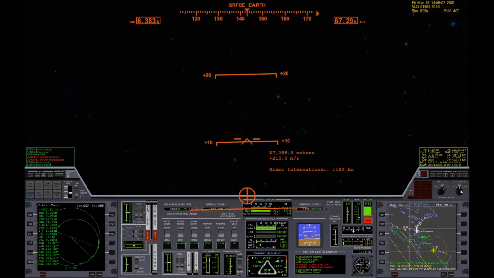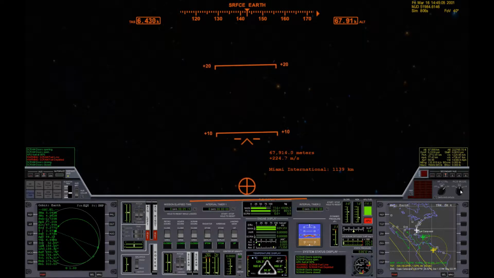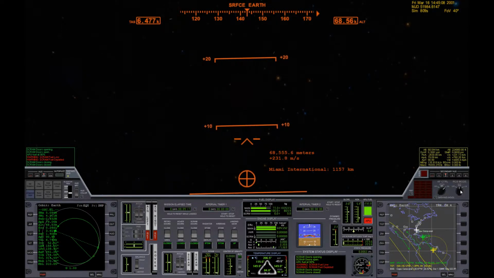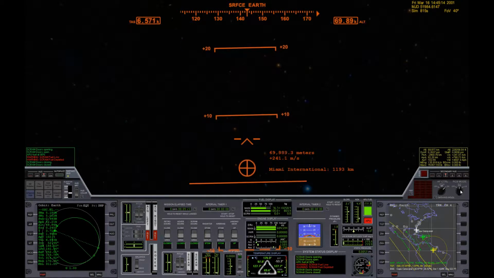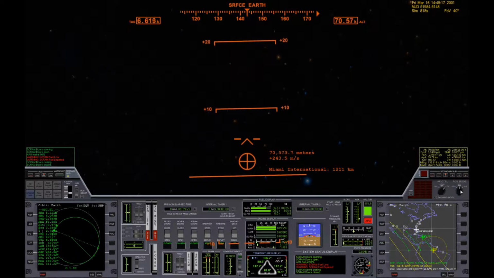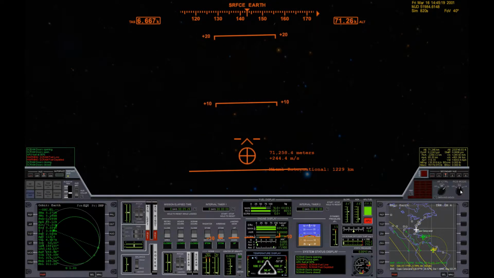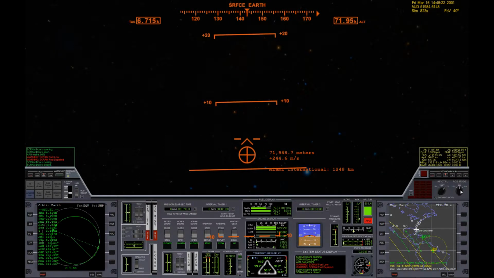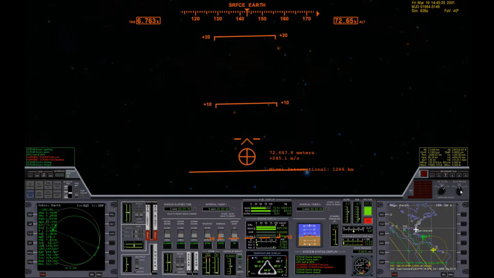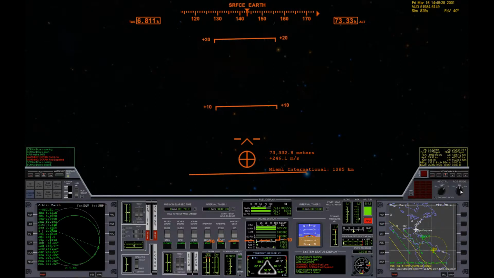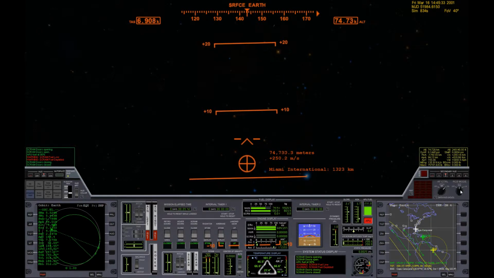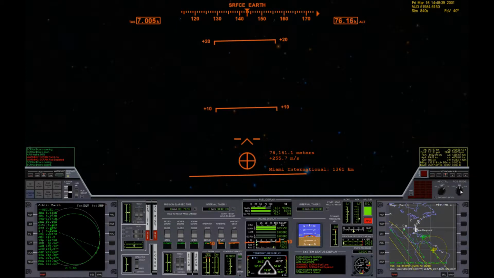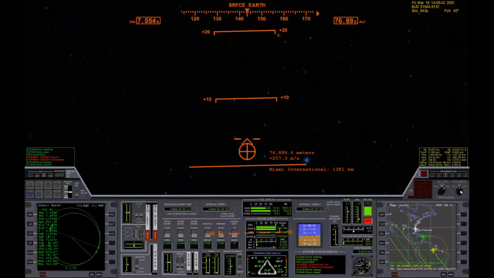Mach 21. So if I tried to open the scramjet doors again, we would explode instantly. Mach 22. Mach 23. Mach 24. Alright, once you get to about 75 kilometers and 250 meters per second, you can kind of relax,